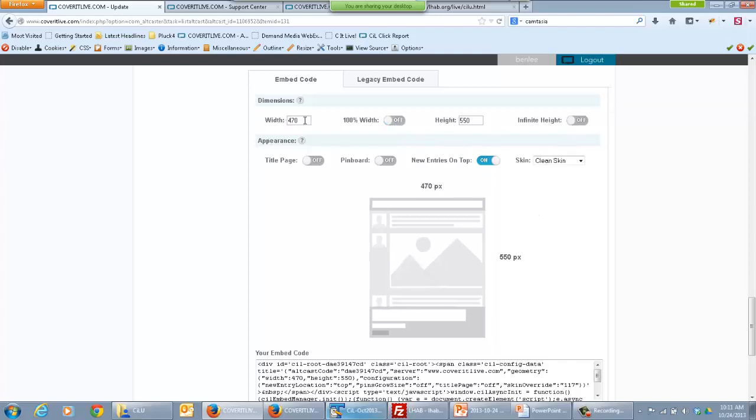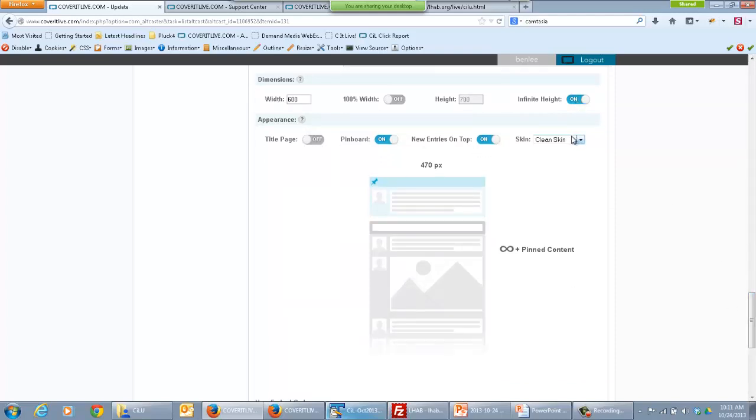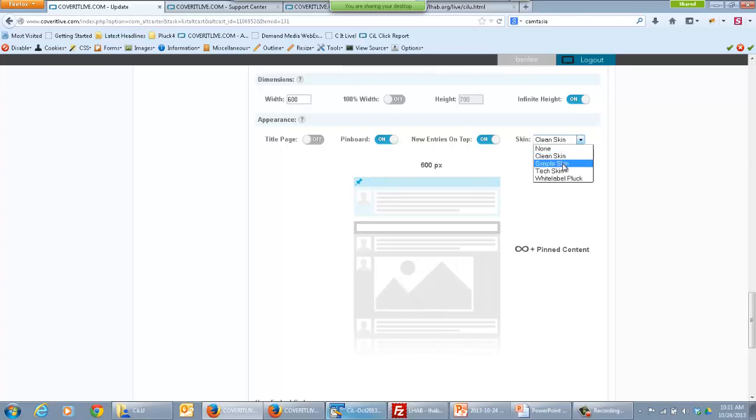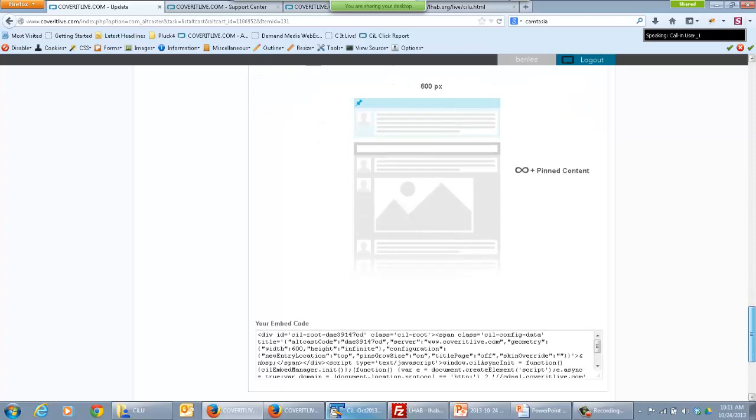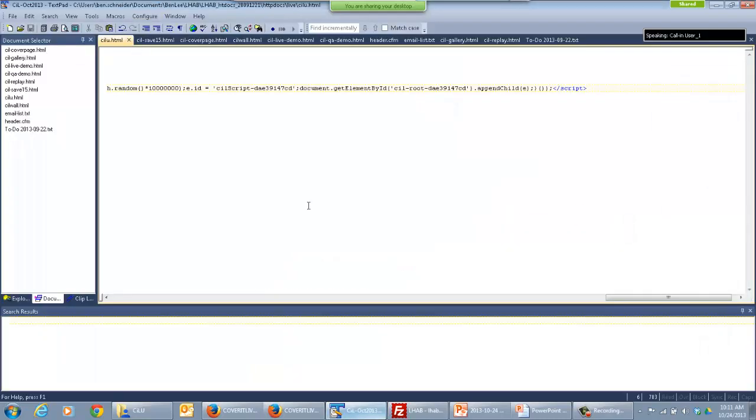So I'm going to set up one right now, and we'll put it in a completely blank page. I'm going to give it infinite height, but a restricted width. And we'll have the pin board on. We'll have new entries on the top. And we will pick the basic straight ahead skin. So now my embed is right down here. It's automatically been updated. I'm going to drop this into a page